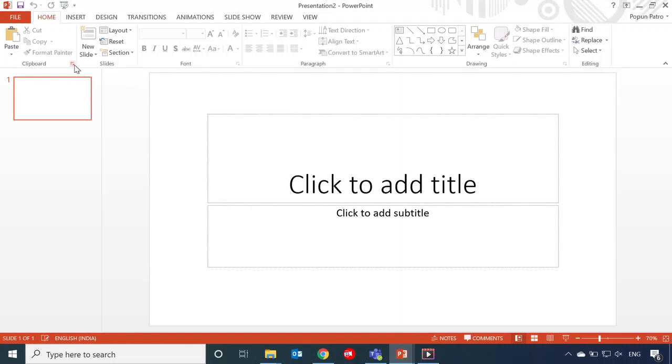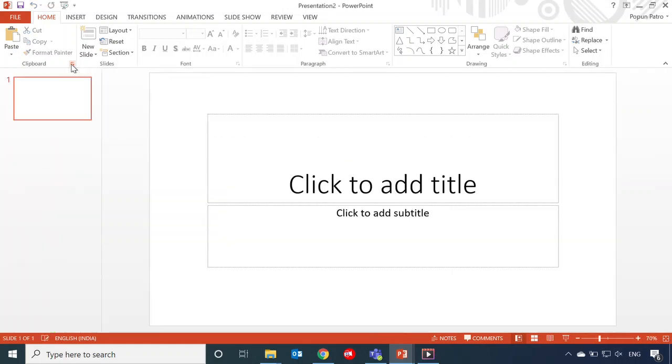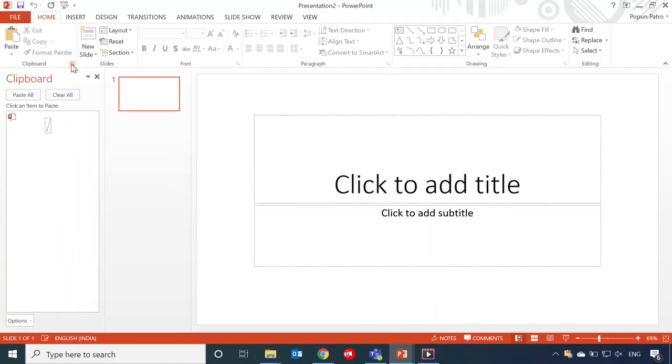Look here at the right bottom corner, there is an option. This option is called the dialog box launcher. If we click over there, an option box is shown.